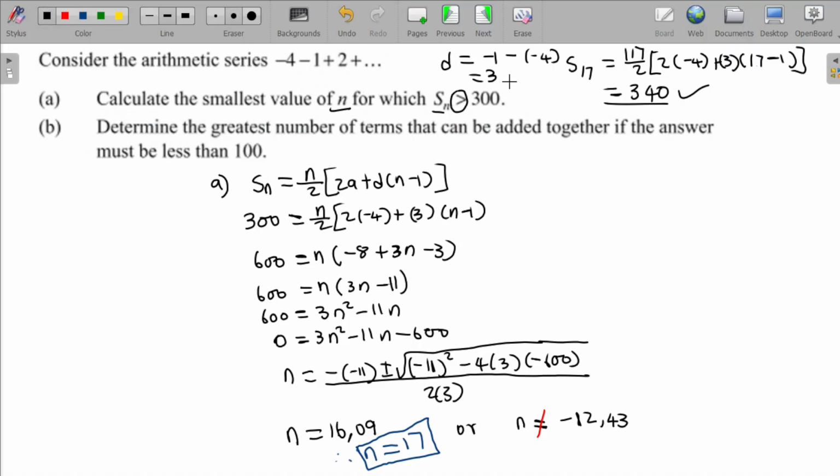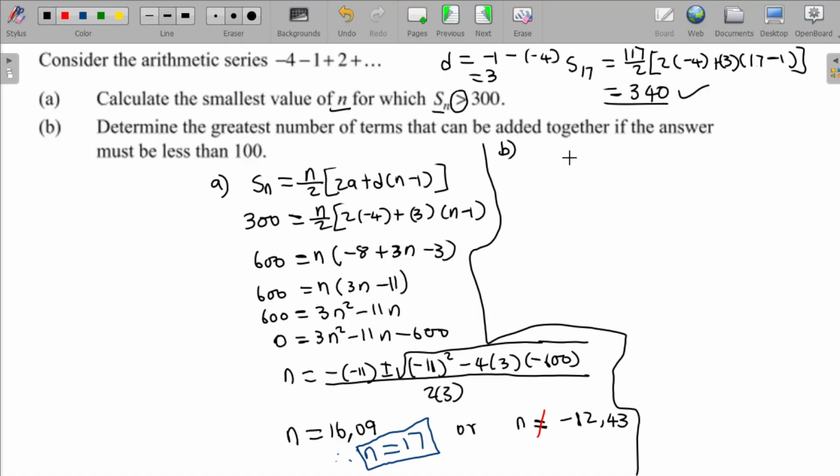Now, let's try and do number B. On number B, it's more or less the same question, but now: determine the greatest number of terms that can be added together if the answer must be less than 300. The answer must be added together, added sum. That's very important. The word added basically means sum in here. So the number of terms that must be added,